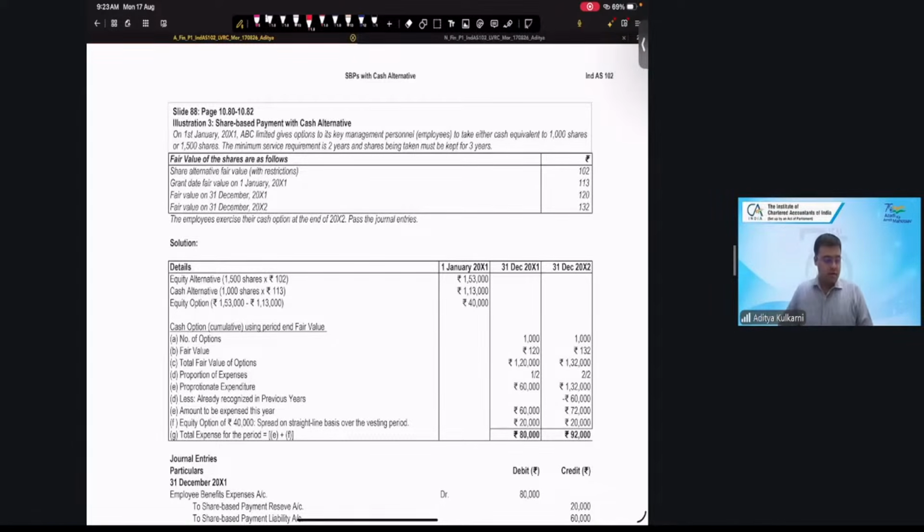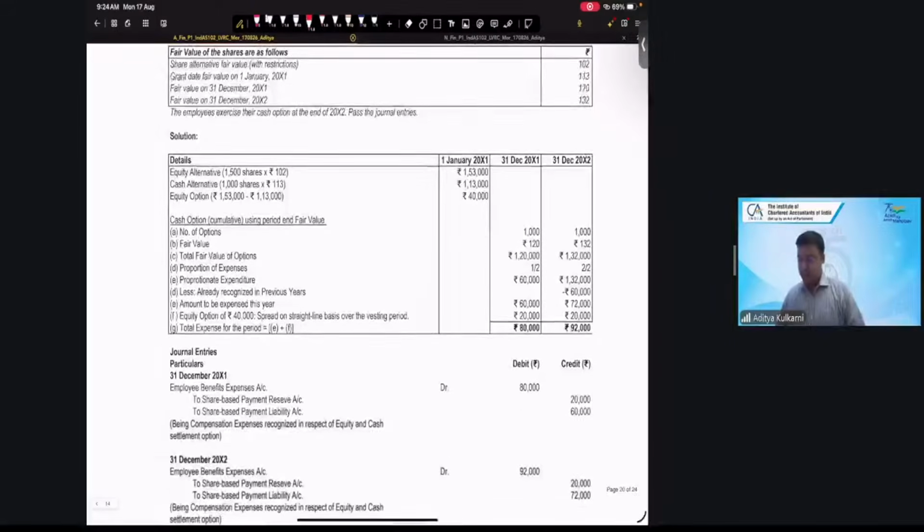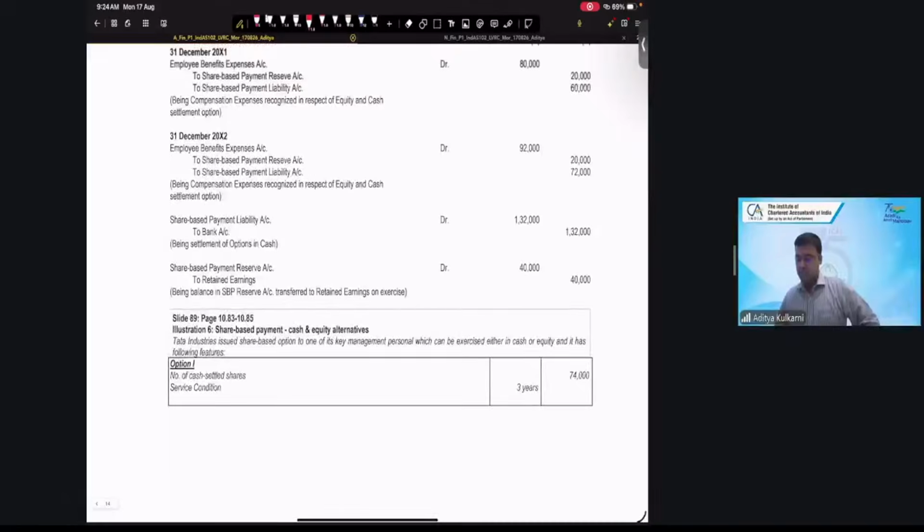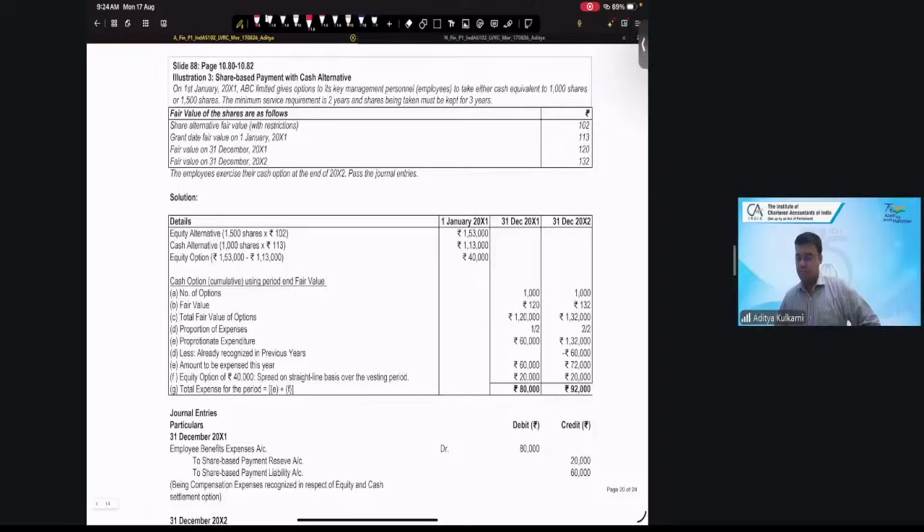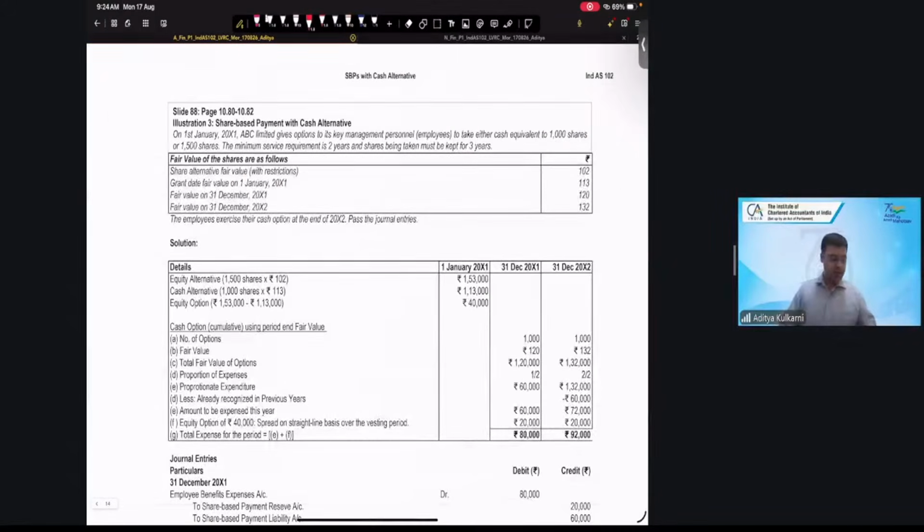First of all, estimate fair value of equity plan, assuming all employees opt for settlement in shares. Then estimate fair value of cash, assuming everyone opts for cash. Equity option value will be step one, that is equity, minus step two, that is the liability, right? So now let us start. Equity alternative